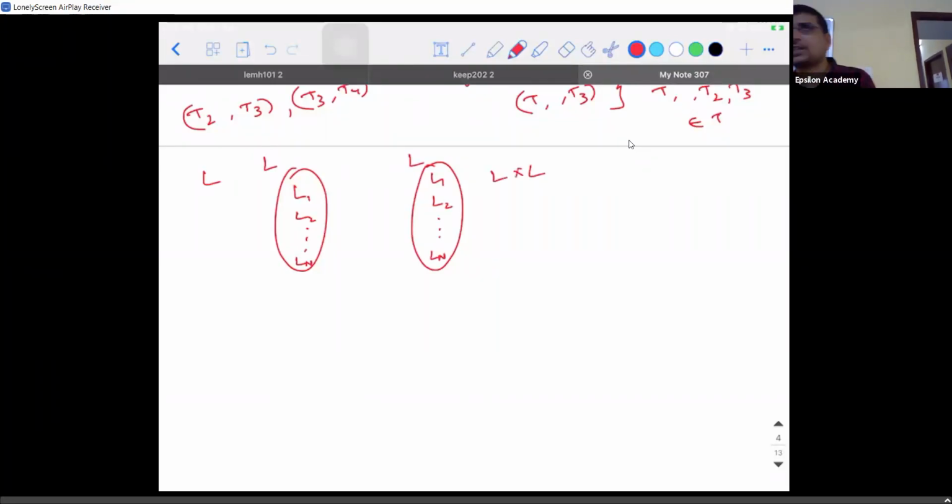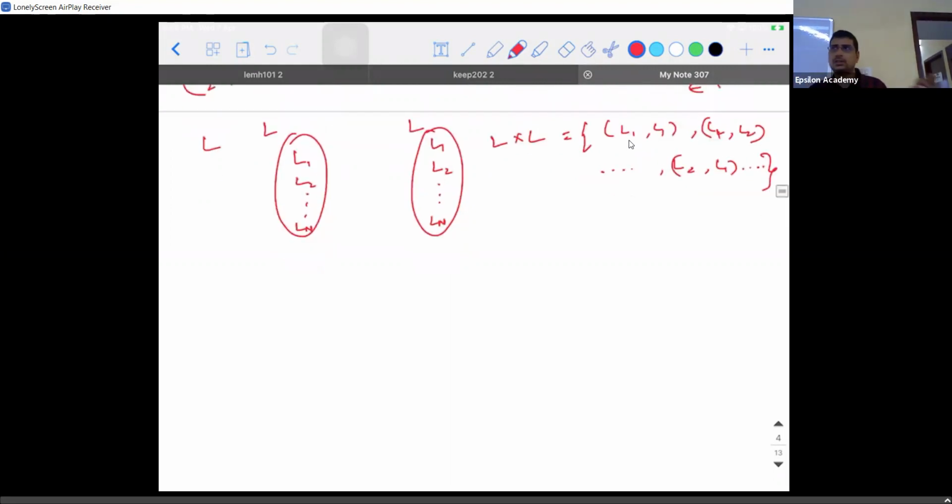First is the Cartesian product. When you write the Cartesian product, what is it? L1, L1; L1, L2; L2, L1, whatever it is. It keeps on going. Okay. This is only the Cartesian product. It has no specific condition. But what is the relation stating? I need to write the ordered pair in such a way that the input element and the output element are perpendicular to each other.